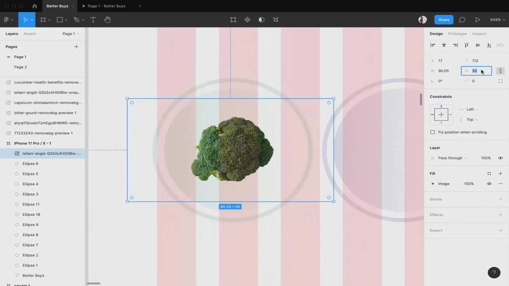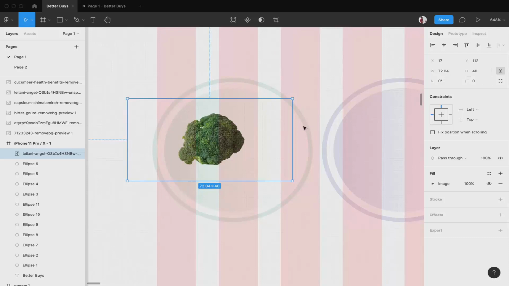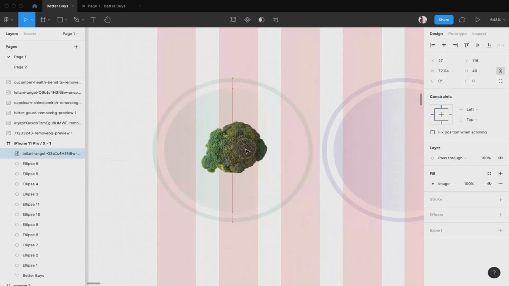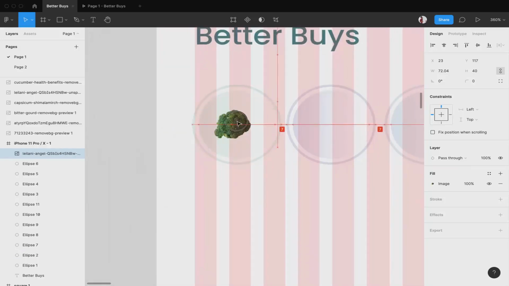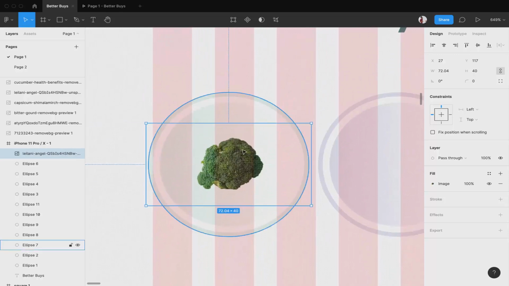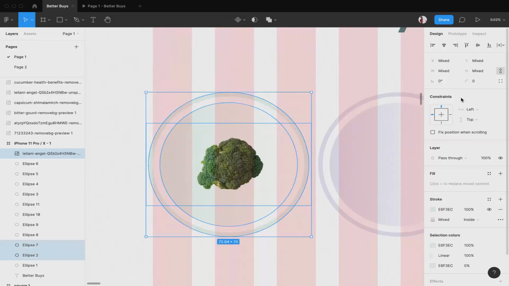So let's say 40. Oh, sorry, it became 4, I meant it to be 40. So okay, this looks fine now. So now again I'll put it in the center. Since Figma is very powerful, it will automatically assist you and notify you when you are in the center. You can see the orange line. Okay, and if you don't want to use that, then we are again going to use these tools. I'm going to select this, the circle above that, and the outer circle, then align all of them horizontally, align all of them vertically.